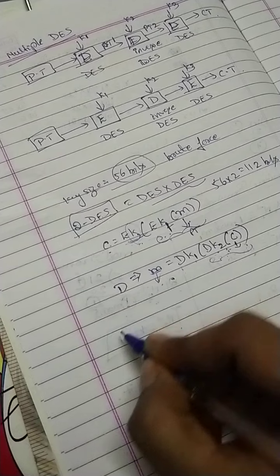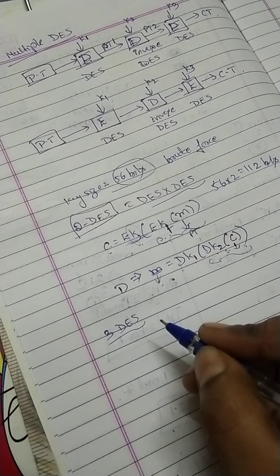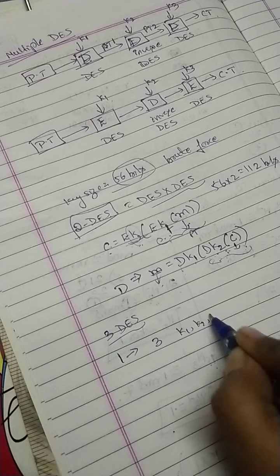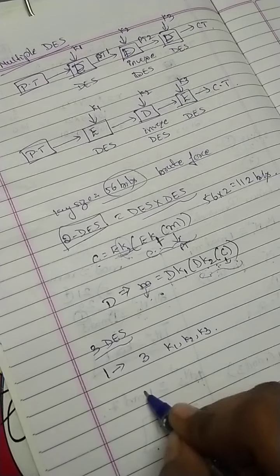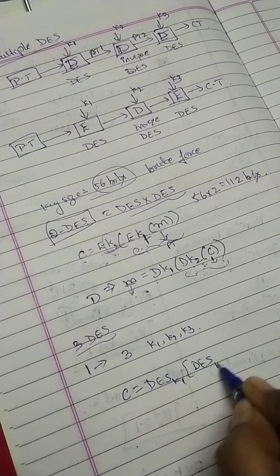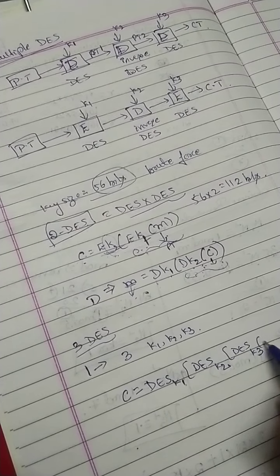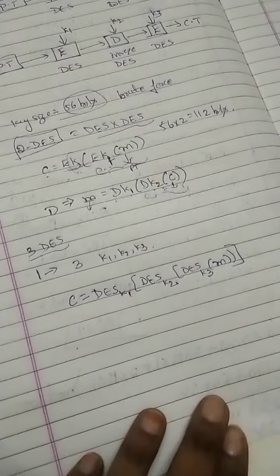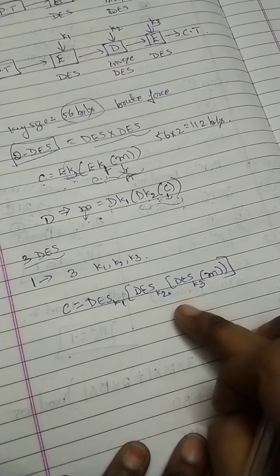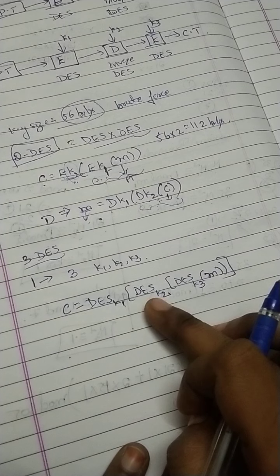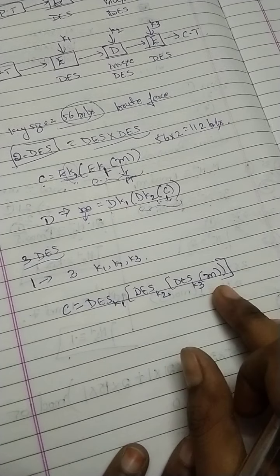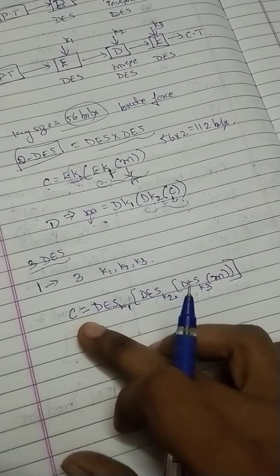To avoid that meet in the middle attack, we use the 3DES algorithm. What is 3DES? There are two implementations of 3DES. The first implementation uses three keys, K1, K2 and K3, and we obtain the ciphertext C as DES using K1, DES using K2 and DES using K3 on M. On the message we apply K3 and decrypt, then encryption goes on again, and again we encrypt using K3. So three times we repeat the same 16 round process on the message, and only then do we get the ciphertext in the 3DES algorithm.